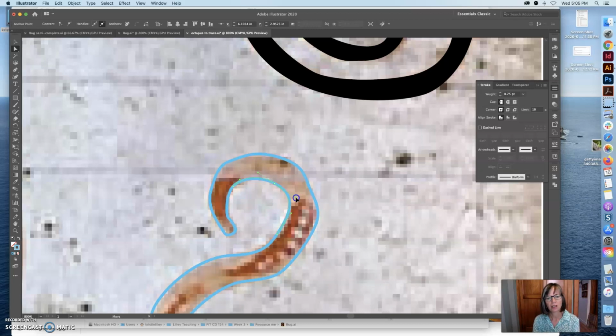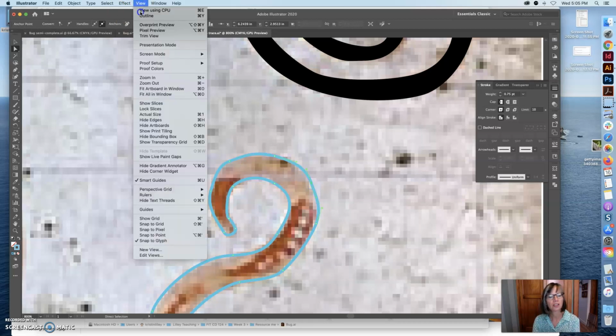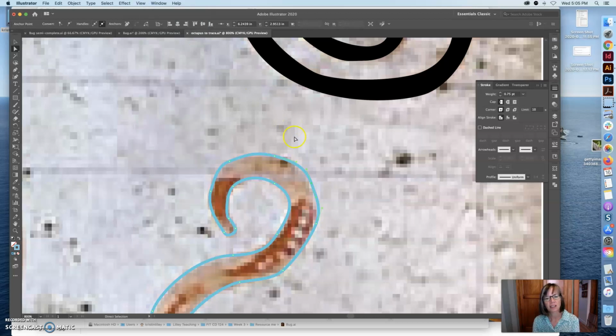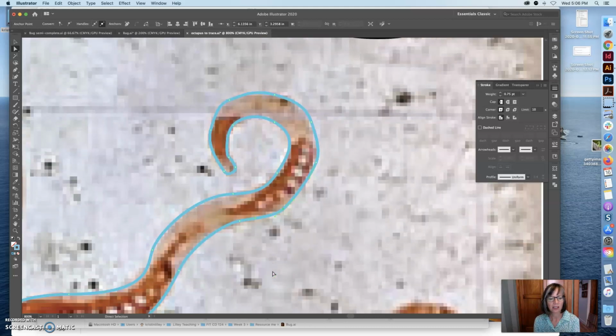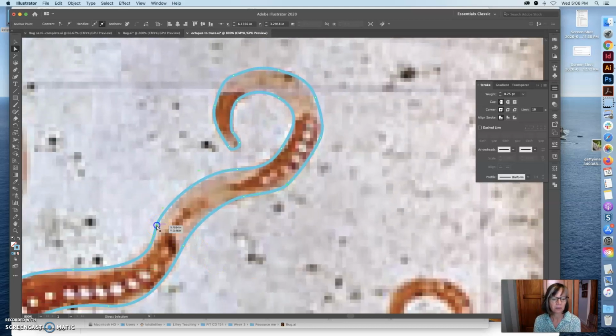So I pull the handles to modify it, or I can pull the point out. I've got this snapping action happening here, so you can always go into view and unsnap if you've got snap selected there, okay? So I do a little bit of clicking on a point to get the handles, and then I do simple modifications. This one, I feel like this handle is too long, so that this handle over here